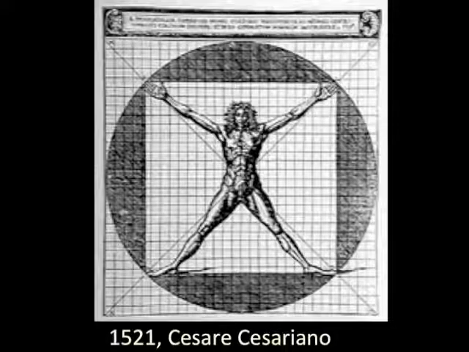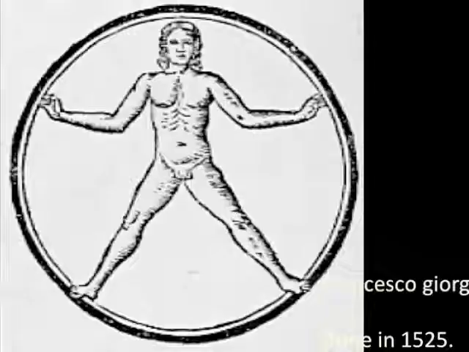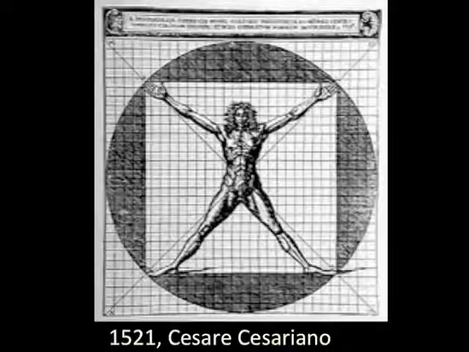And Cesariano is really a friend of Leonardo da Vinci. He's a guy up in Milan, smart guy, and he's pulling out all the stops. Notice how people like Fra Giocondo or Francesco Giorgi are just using the big geometrical figure, the circle and the square, to try to solve the problem. And Cesariano's a smart guy. He's saying, what about the grid? What about the idea that within the square there are modules and subdivisions that can begin to help me organize this thing? So he's got the big gridded kind of graph paper thing.